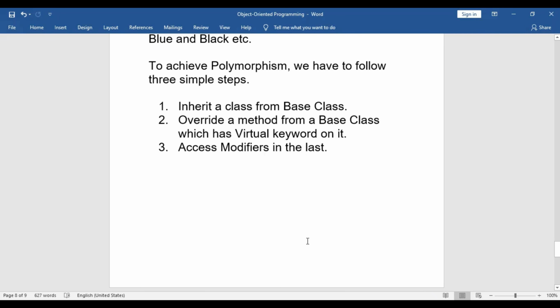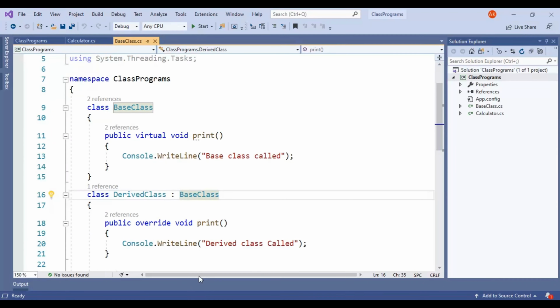As you can see in our example, we have a virtual method and override in the derive class, and these public modifiers are there, and after that we are calling.